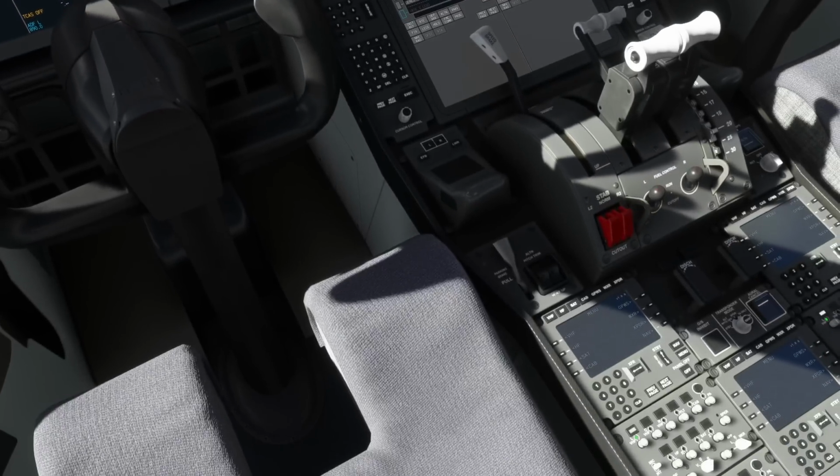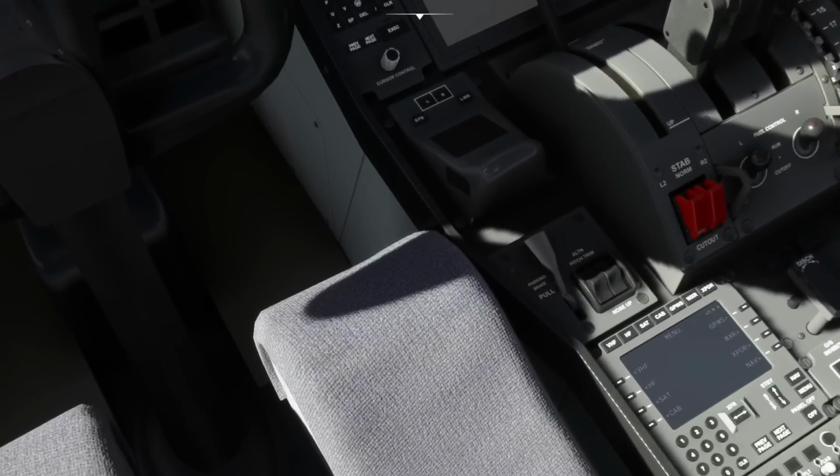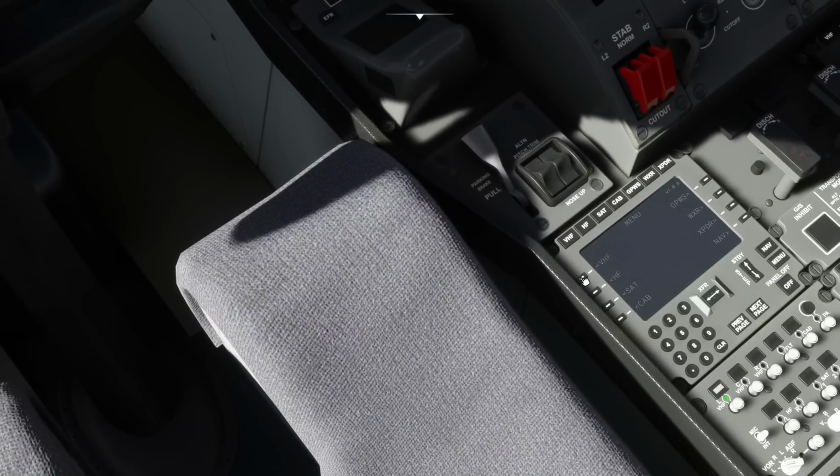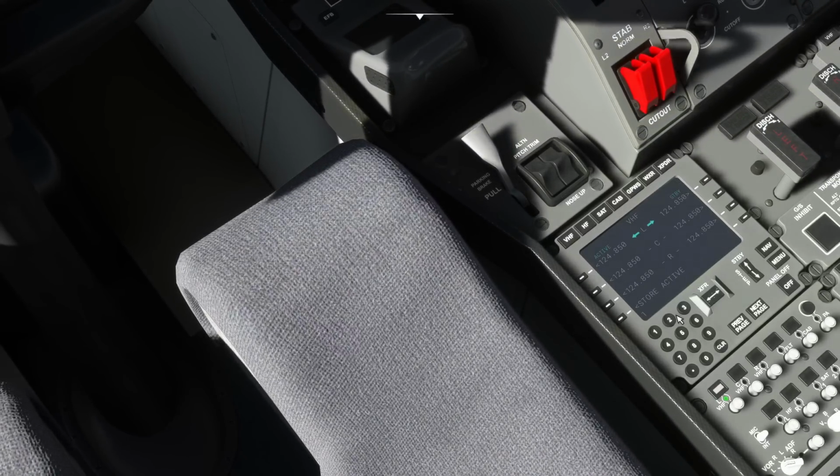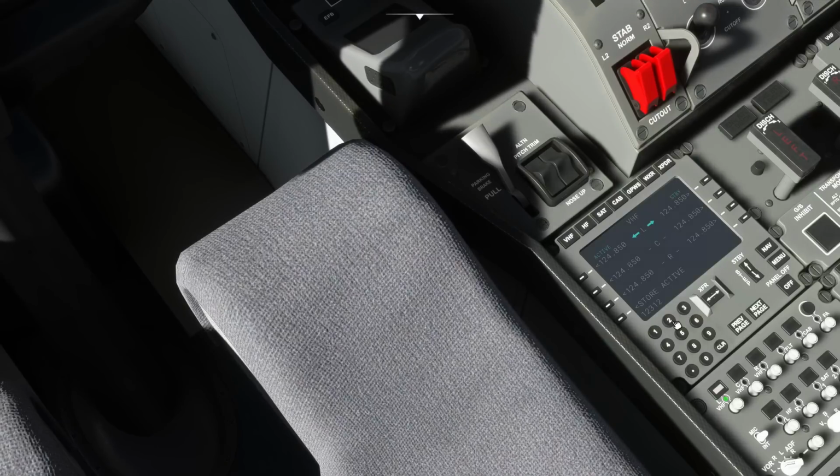So should we detune the comm radio before it drives us completely round the bend? So if we go to VHF and tune in a completely different frequency,